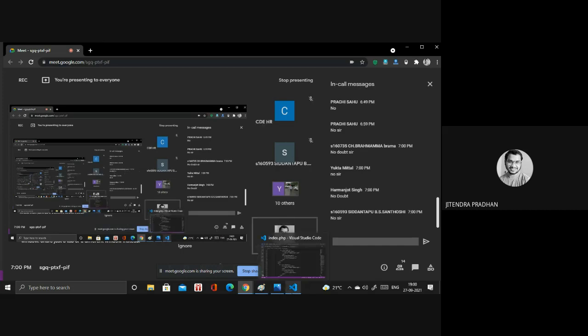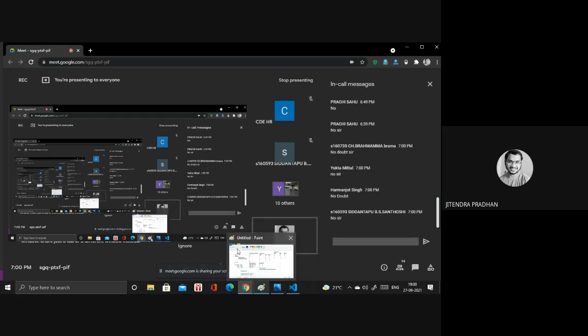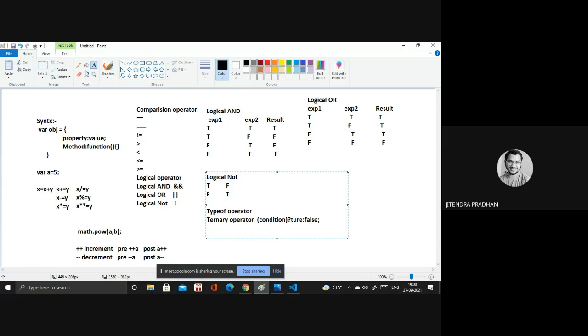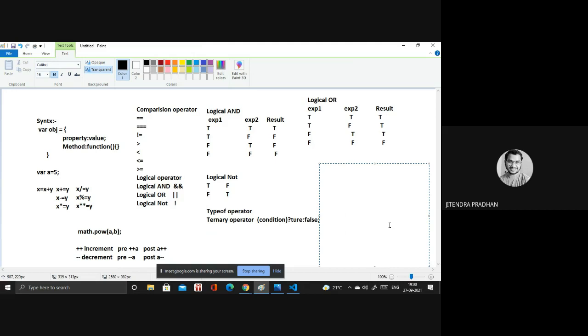So, I will give you the syntax of that switch expression. First, I will give you the syntax, then we will understand it. This is the syntax of the switch case we are writing.